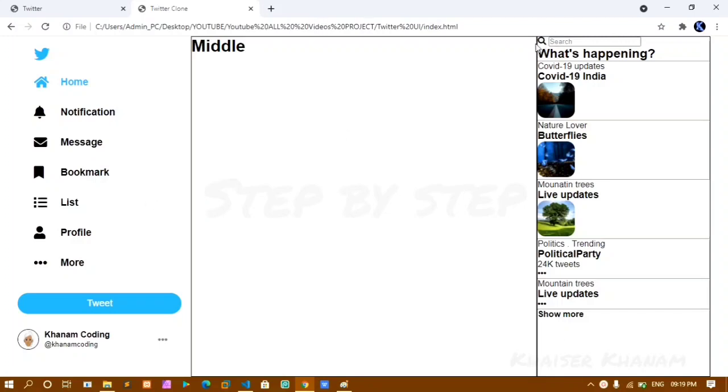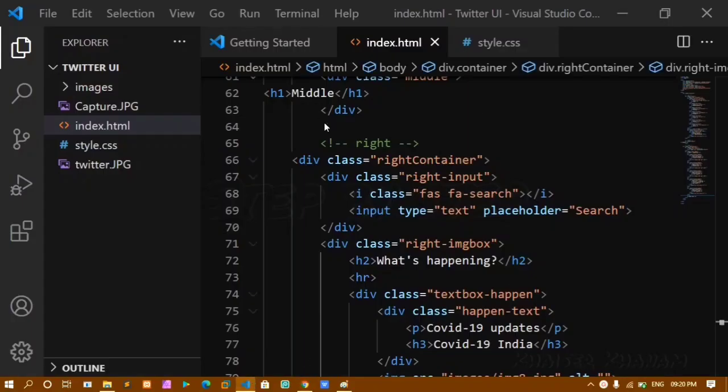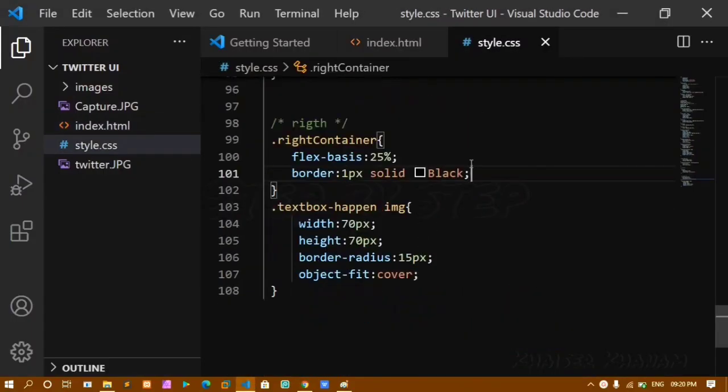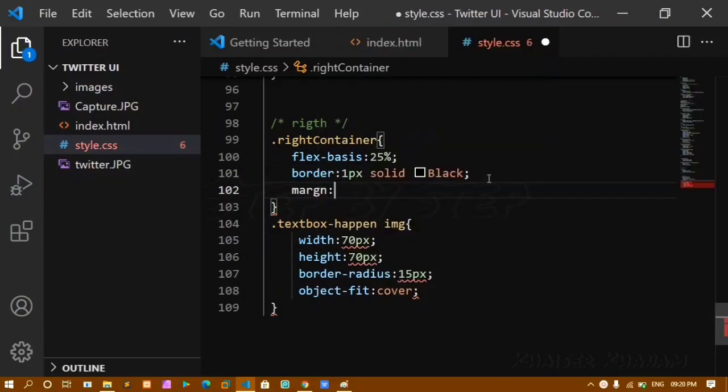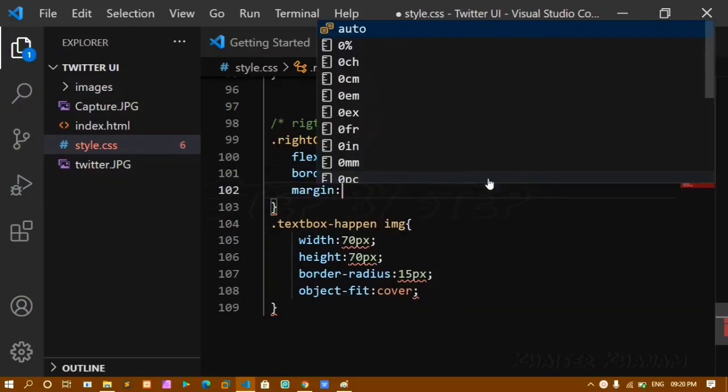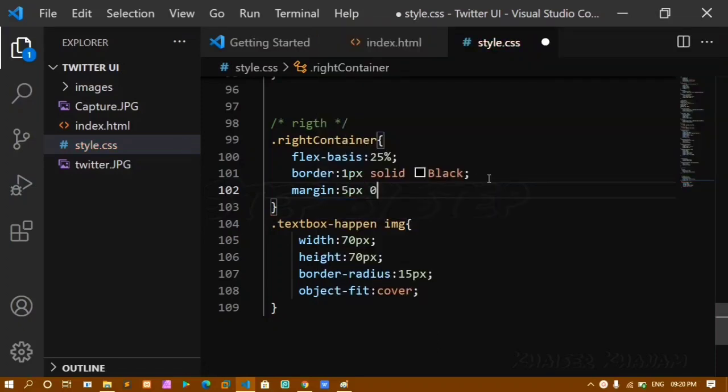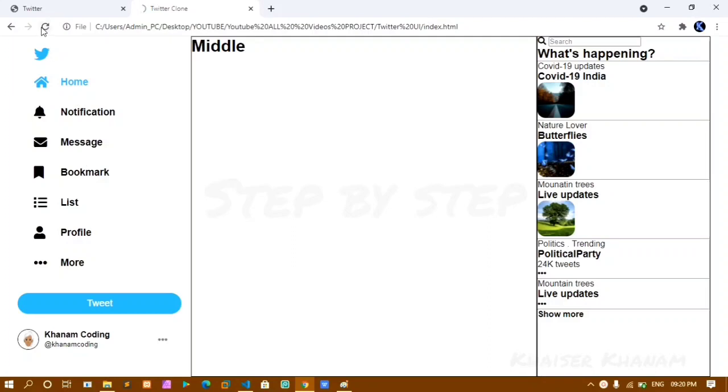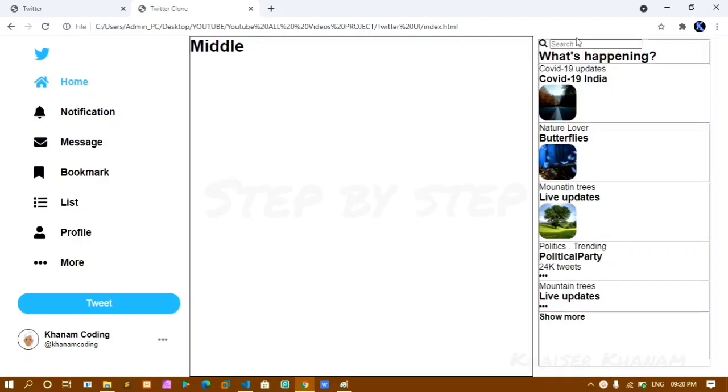Now as you can see, I don't have any margin on left side and on top, so let's give the margin for this. I'll just come here and below this I'll give margin. Top I'll give 5 pixel. Right I don't need anything, so I'll be giving 0. Bottom I'll give 20 pixel and left I'll be giving 10 pixel. Now I'll save this. I'll just come here and I'll refresh this. You can see I got margin here, and bottom also I got some margin here.